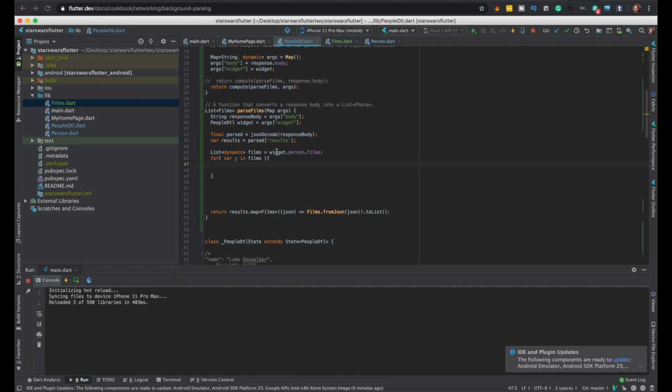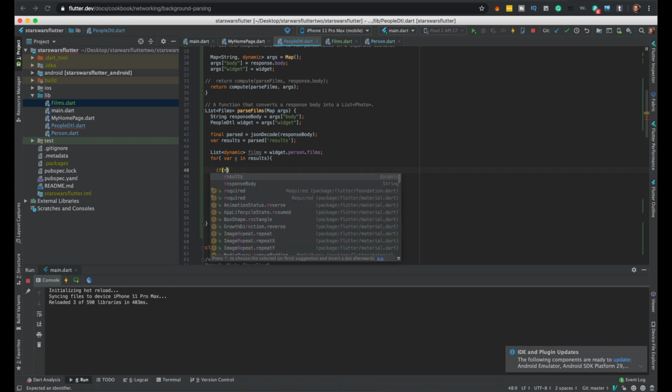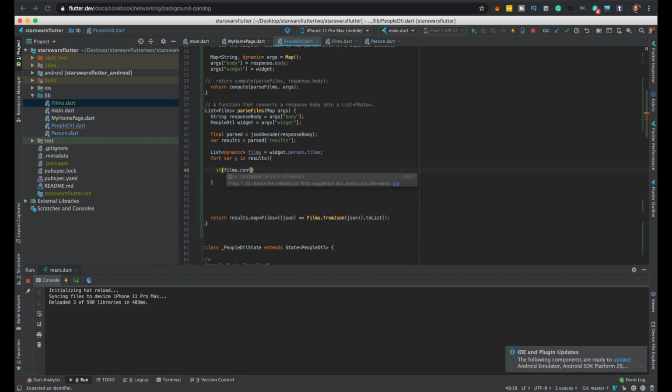Oh wait, is that right? Yeah. Oh, we don't need to loop through the films. We need to loop through the results, because we need to look through the list of all of the films. And X is each resultant film. So if, sorry, films dot contains X,